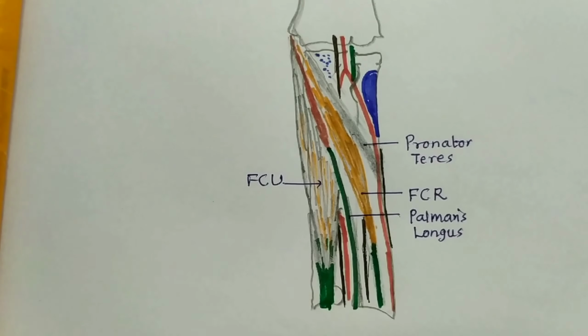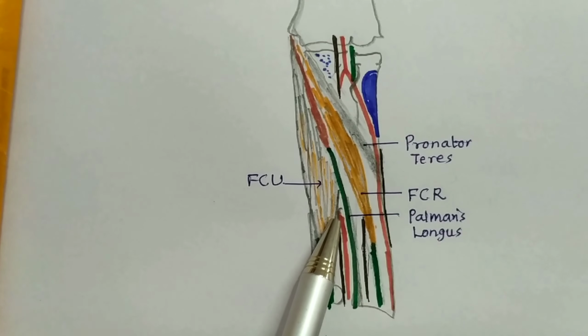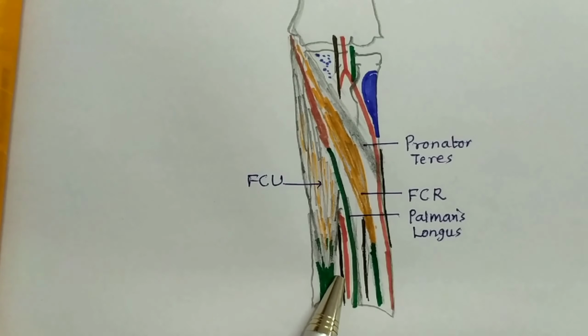Radial artery is superficial branch. Out of the two terminal branches of brachial artery, radial artery is superficial. It is smaller, and in the palm it continues as deep palmar arch. On the medial side lie ulnar artery and ulnar nerve. Ulnar artery is larger terminal branch of brachial artery. Radial artery is superficial while ulnar artery is deep, and in the palm the ulnar artery continues as superficial palmar arch.